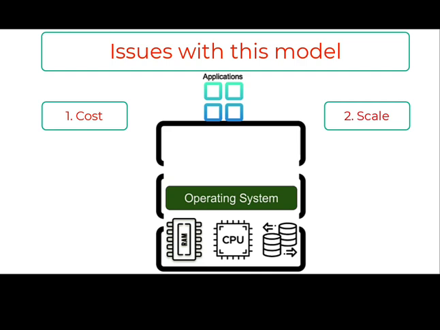The next issue is the flexibility issue. Depending on the need, we are not able to adjust the resources and expenses, which means if the traffic is low, I should be able to use fewer resources, and if traffic is more, I should be able to use more resources, which is not possible with this particular model. Because to increase or decrease a resource, we need to make hardware changes, which is time consuming, error prone, and there are a lot of complications in that. So in technical terms, we call this flexibility issues, right?